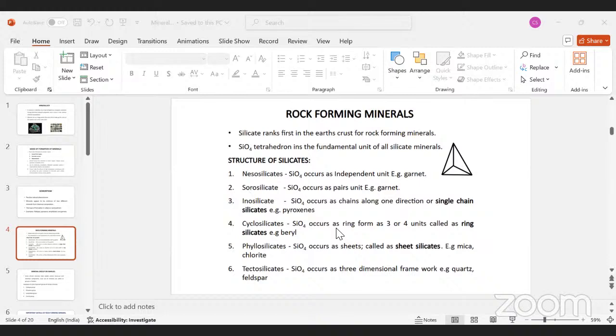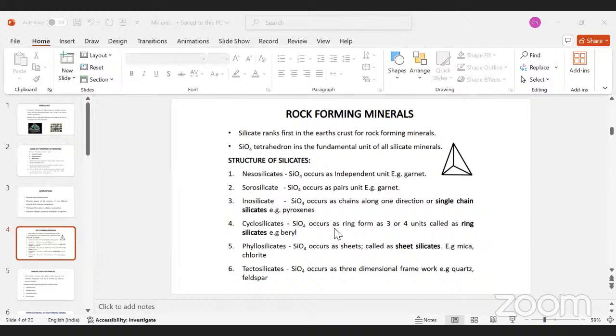We see here the composition BaTiSi3O9. That is one composition, and it has a tetrahedra structure. Beryl is also the best example for this one. It has six tetrahedra. So here we say the beryl composition